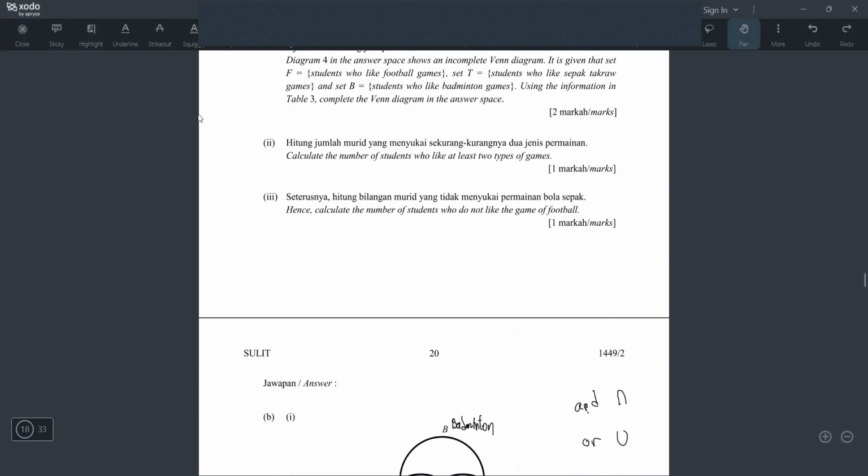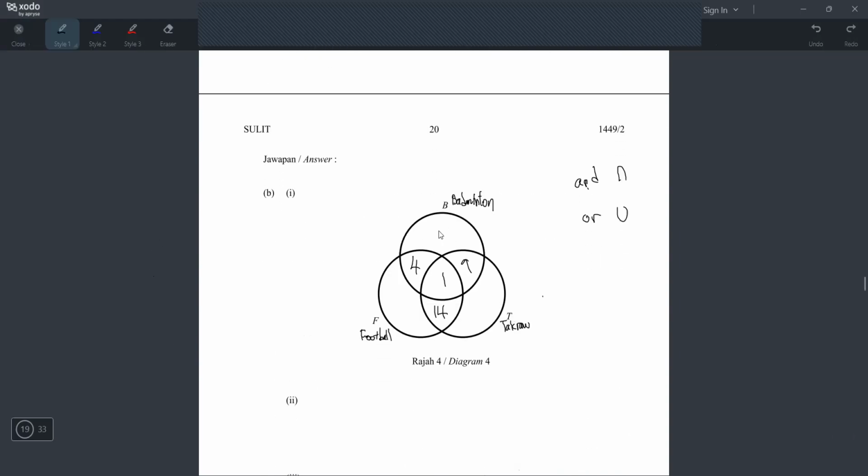Now let's go to badminton 30. Can I write 30 like this? Cannot. I have said cannot, because they never say only. If they say only, then can. But they didn't. So the 30 is actually not here. The 30 is actually here plus here plus here plus here. So to get the badminton only part, I have to take 30 minus 4 minus 1 minus 9. Let's use the calculator. 30 minus 5 minus 9. I get 16. This is the correct way.